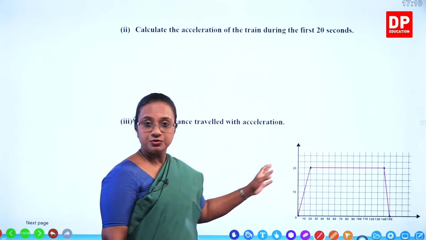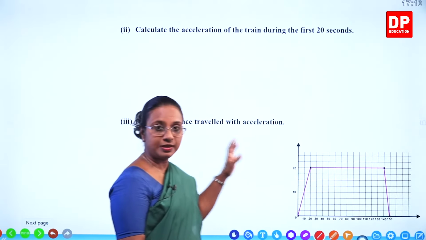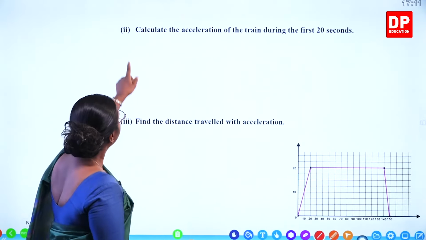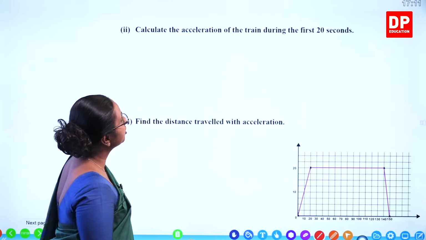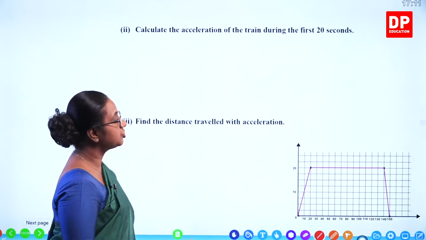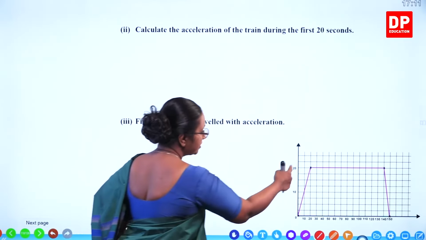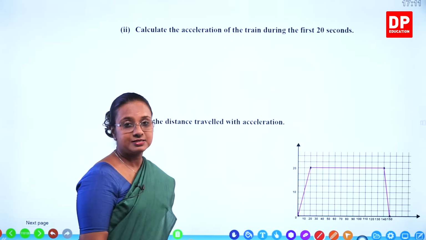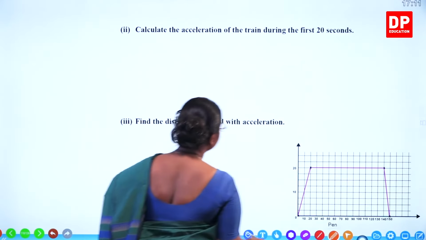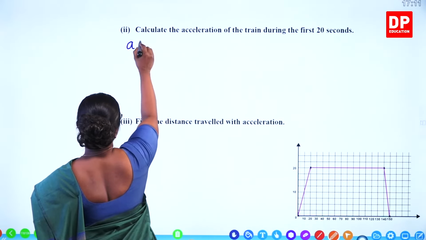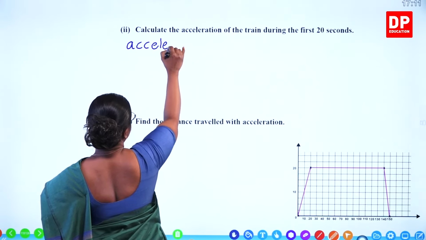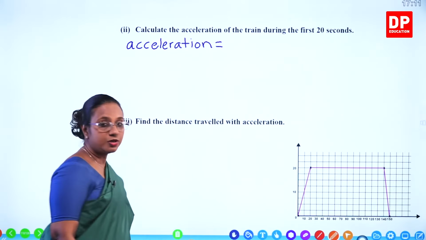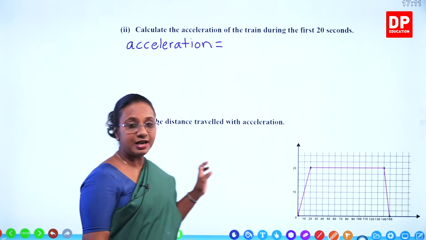The graph that we drew before is given to you so that we can use the information to do the calculations. Calculate the acceleration of the train during the first 20 seconds. So, this part is where we have the acceleration, first 20 seconds. If we calculate acceleration is equal to